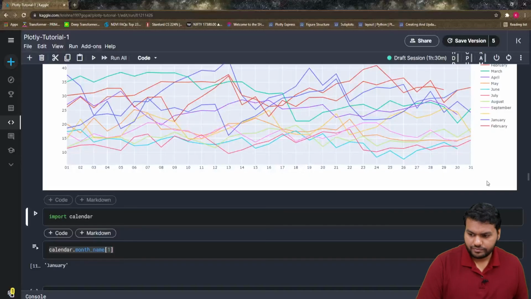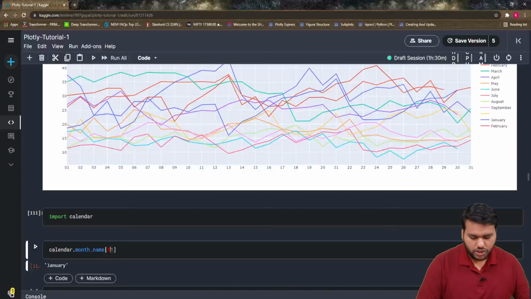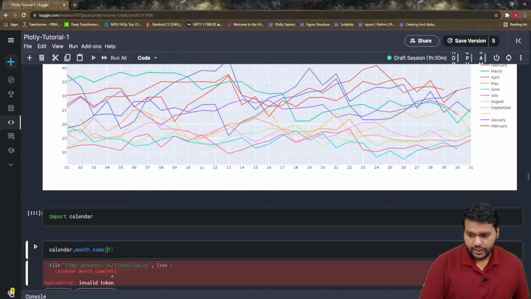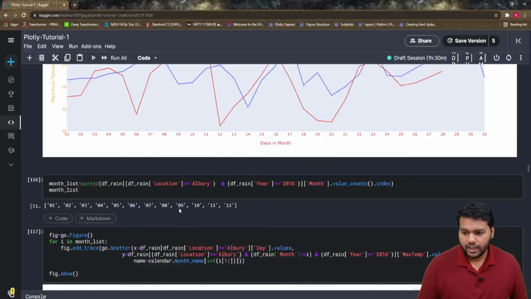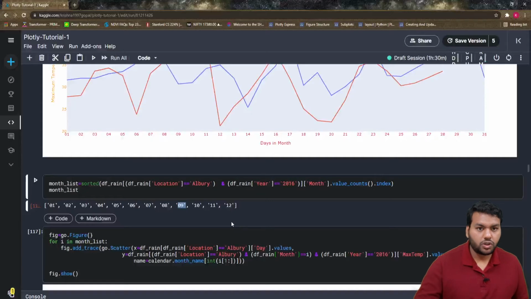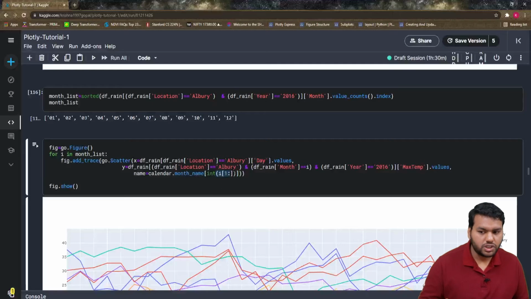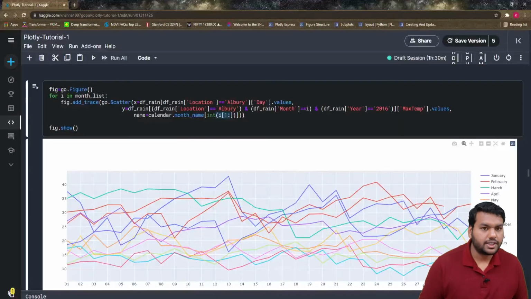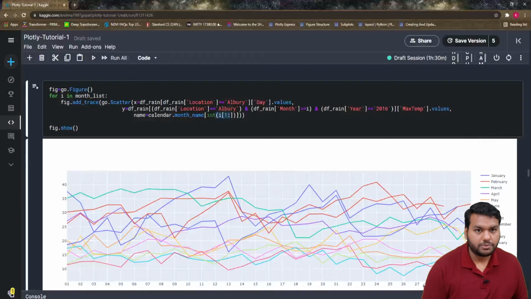The problem is that when you pass the month name 1, it gives January, but if you pass 01, it gives you an error, and if you pass 12, it gives you December. So after 09 we have 10; with the slice, it takes 0, which means nothing comes, so that is empty. Then again 11 comes, we slice, and it only takes the 1, that is January. So it's doing correct work, but that is actually wrong.